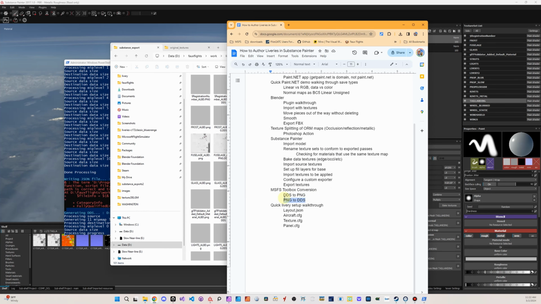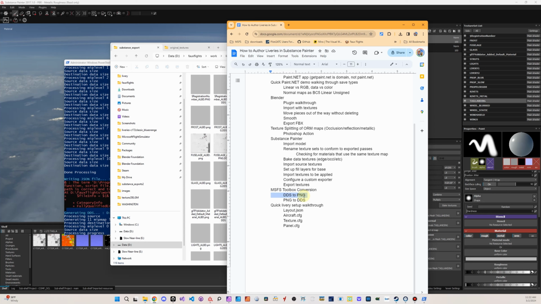So you can also, if you remember when I used Blender to import the model, it converted the DDSs to PNGs under the hood. So it imported the Skyhawk and it converted all the textures for me. If you didn't want to do that, let's say you had a livery that you just want to convert, for whatever reason, to PNG, do some work on them or something, you can just use DDS to PNG. There's a script in there,